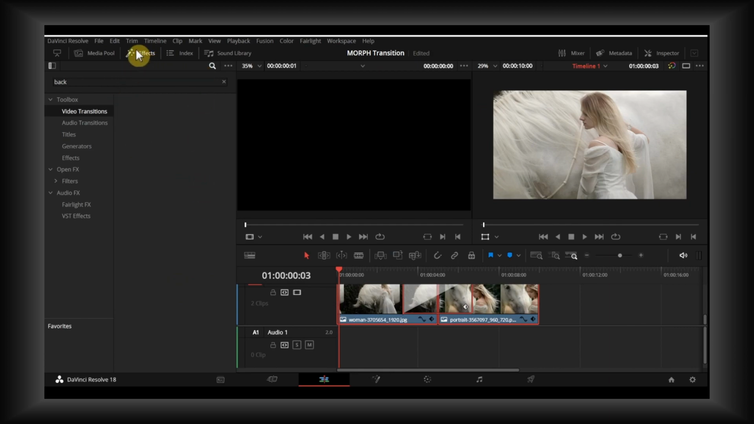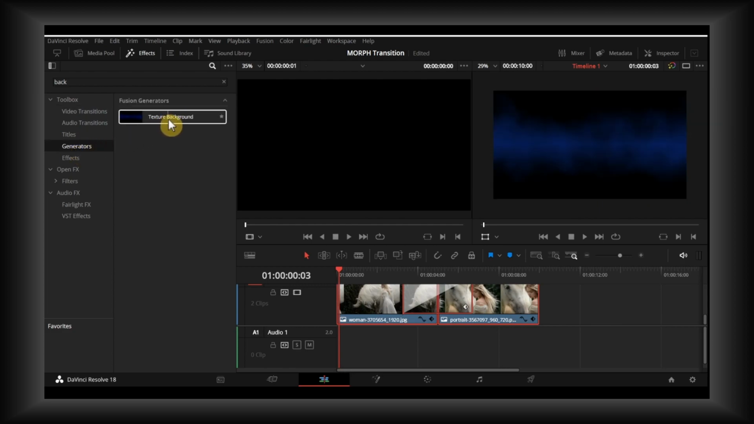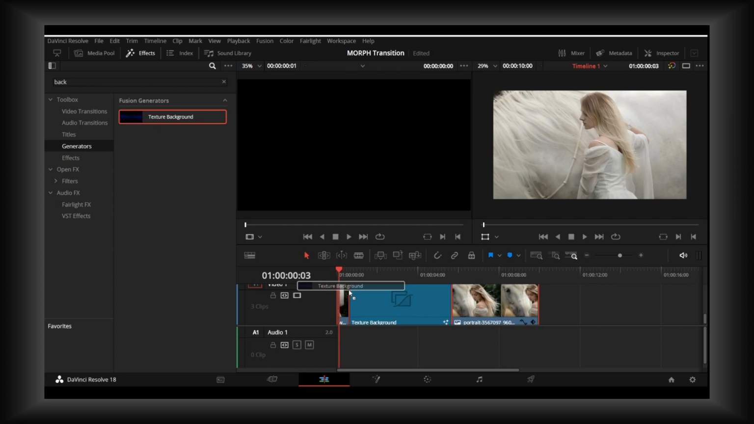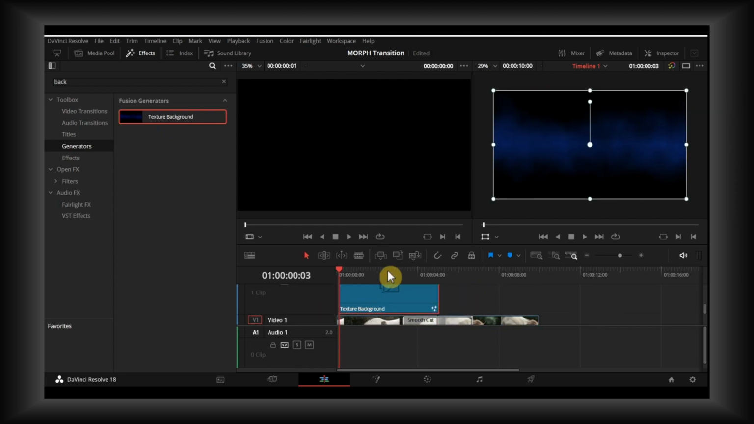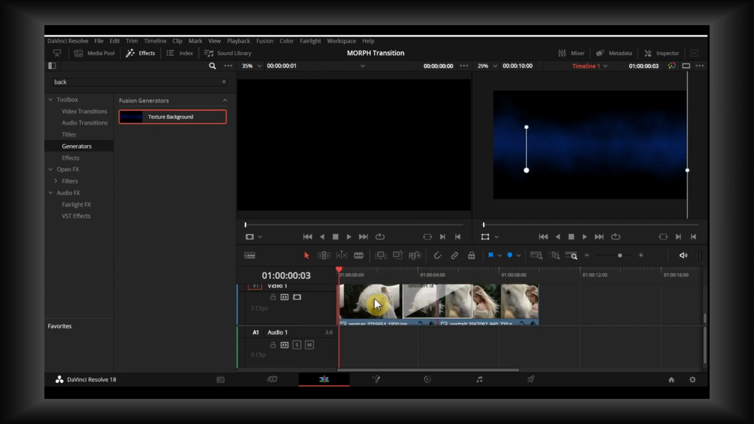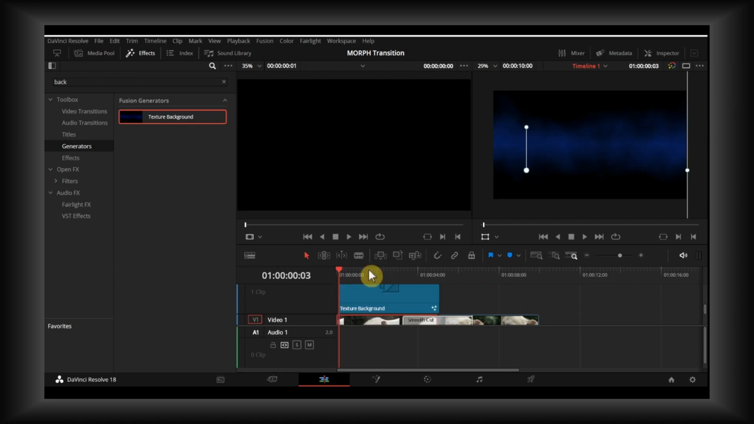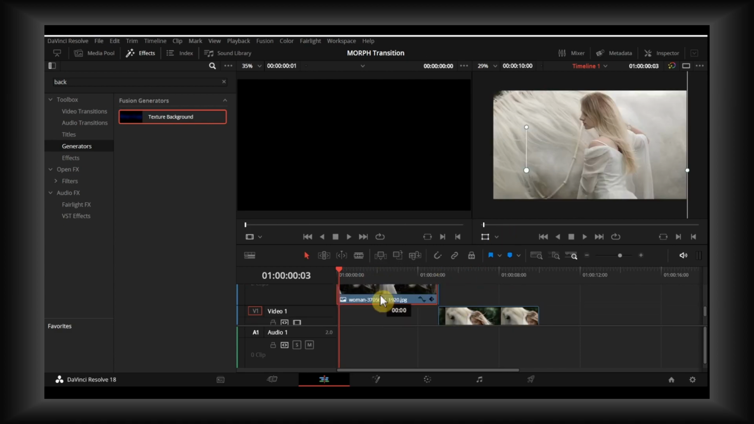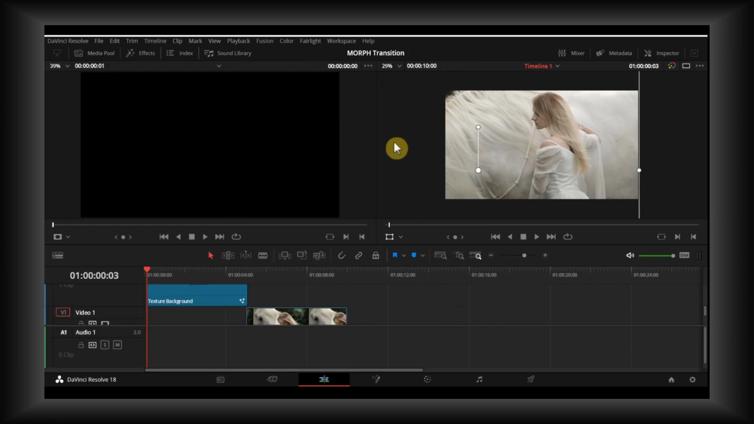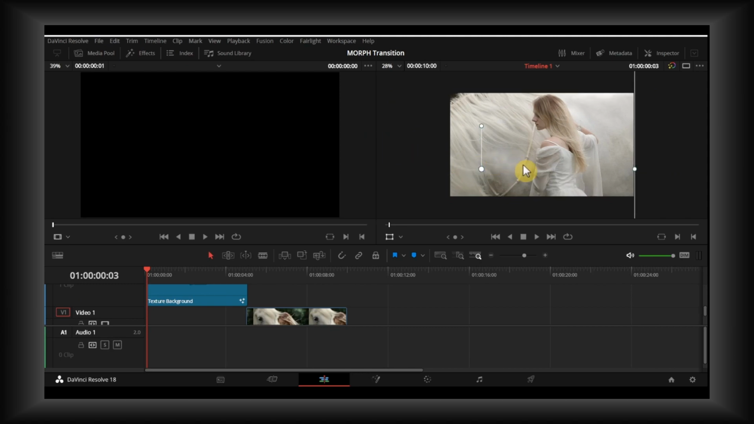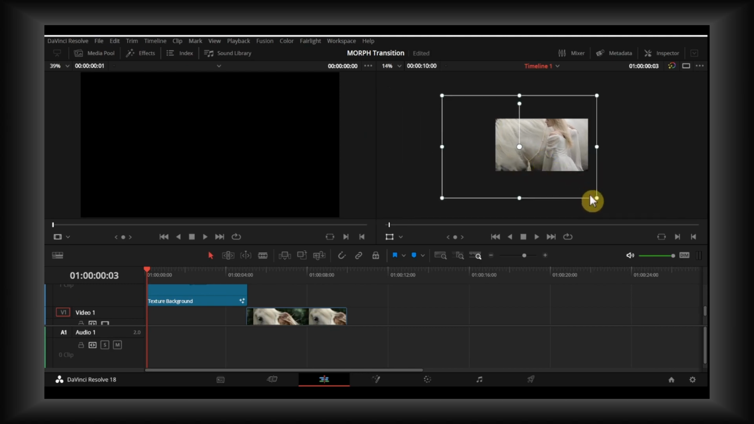So what you have to do is enable the effects panel here, and then go to generators, and here in generators we have texture background, but wait, because you have to make some changes. Now let's grab this image, drag it over the background we added, and then here let's disable this panel. And now if you zoom out, we can